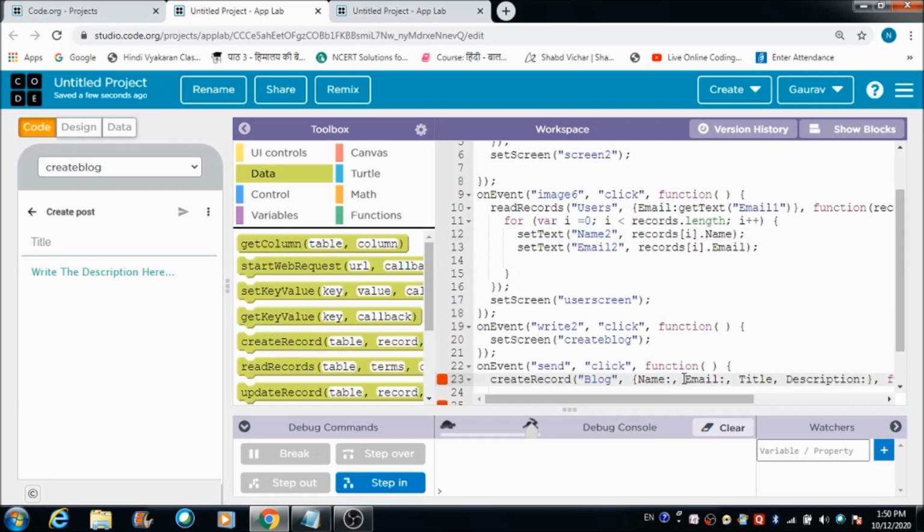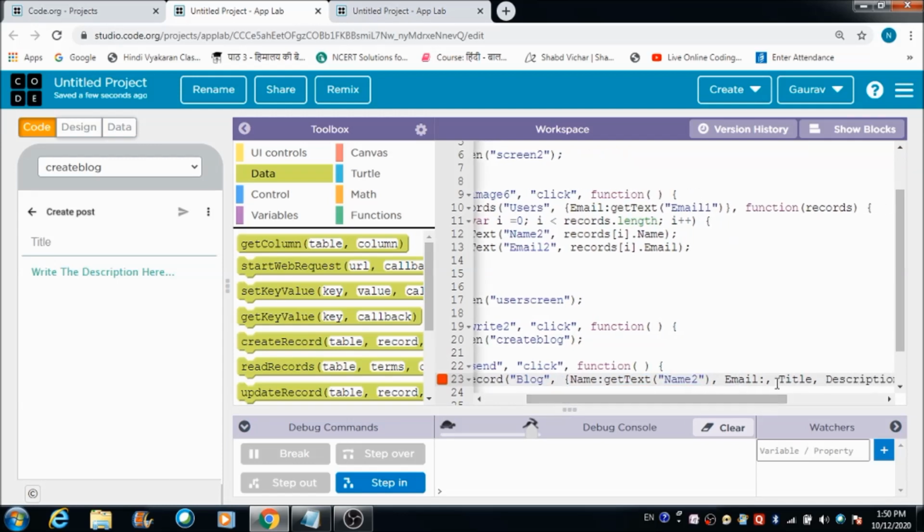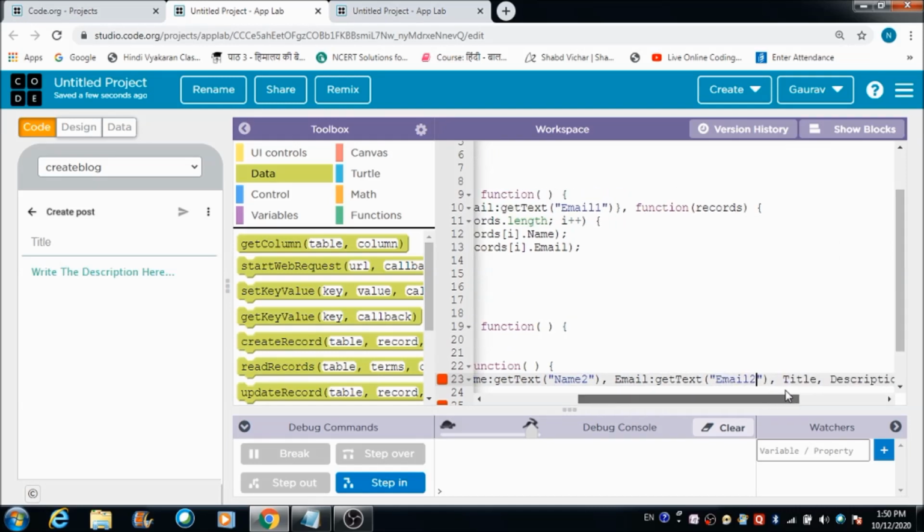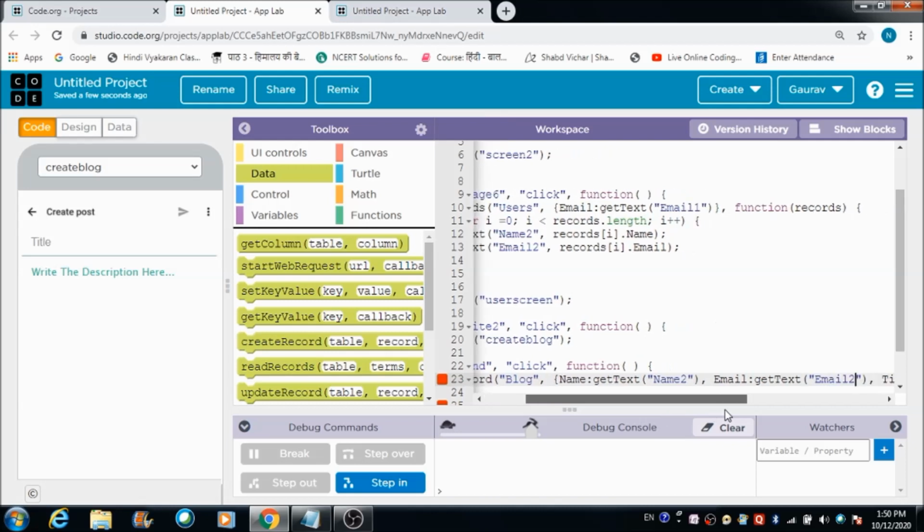Get text name2. Similarly, we can get the information for this email component from the email2 component. Title, we can get it from